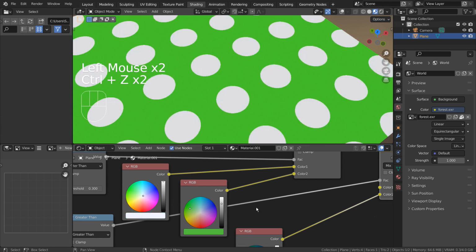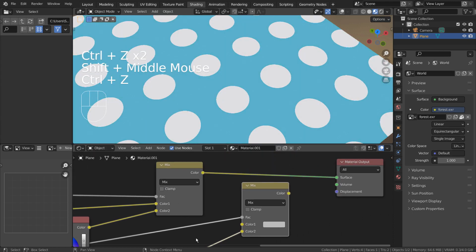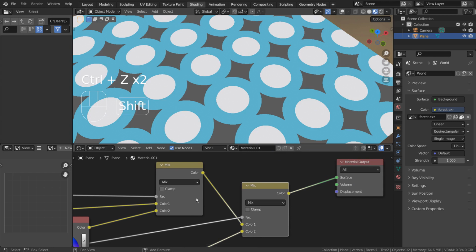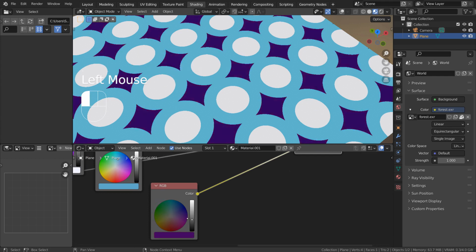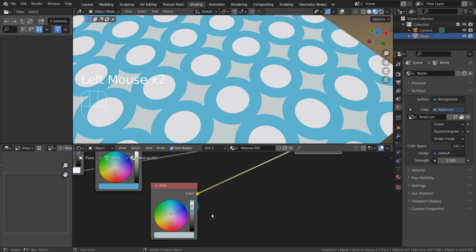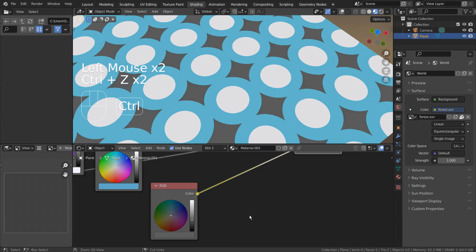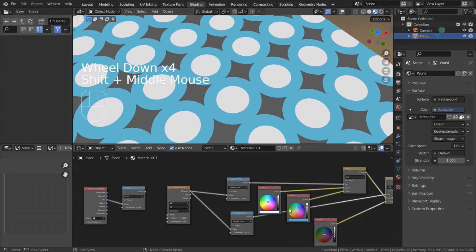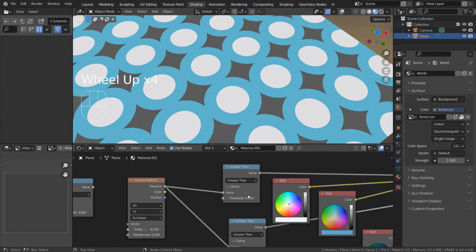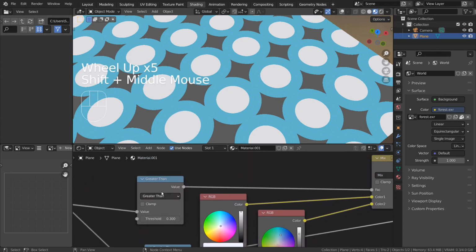Dotted patterns. This greater than math node is connected to the Voronoi texture node.